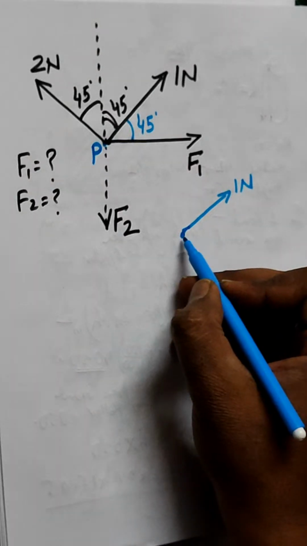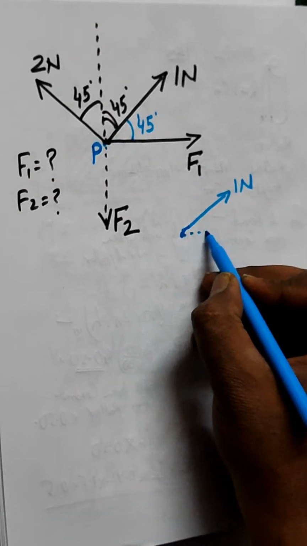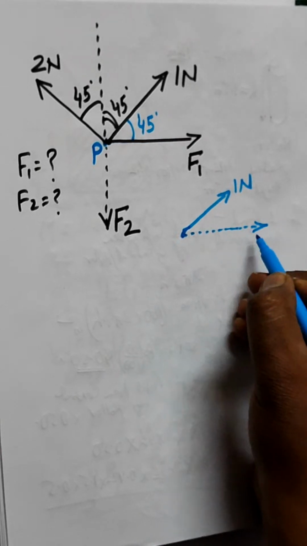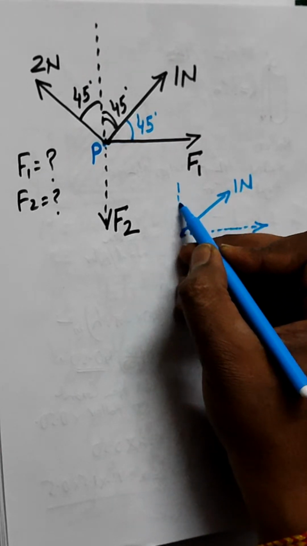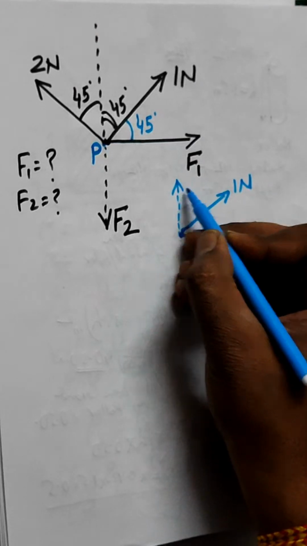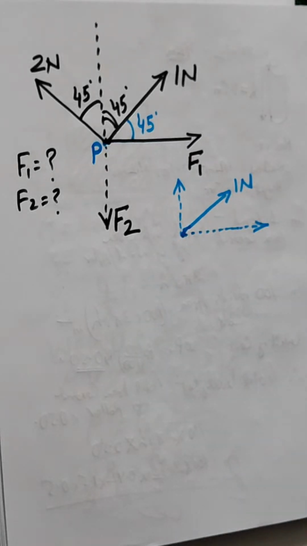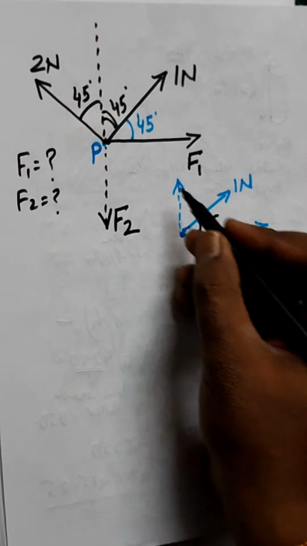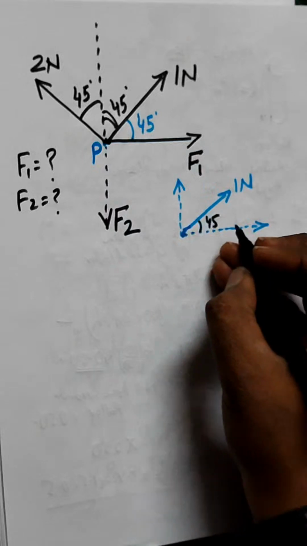Here the components of the 1 Newton force will be like this, and here, right? So the two components are, if this is 45, you can see here, this will be